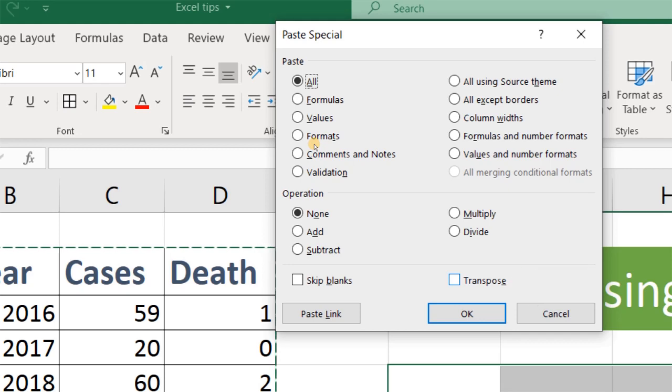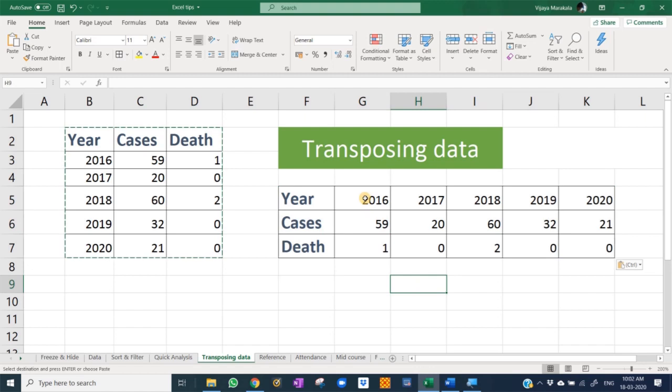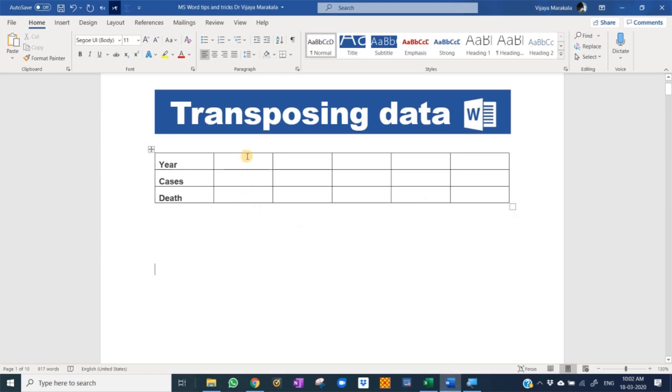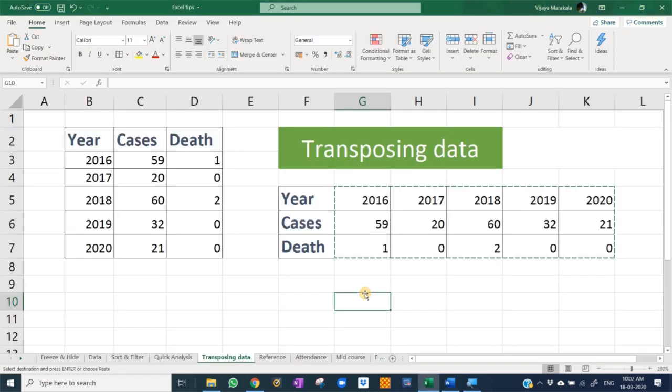Just check this box and click OK. You can see now all the rows become columns here. So now I can easily copy these and paste the information in the Word as transposed data. So please make use of this feature.